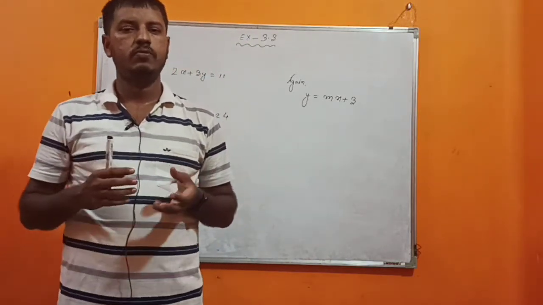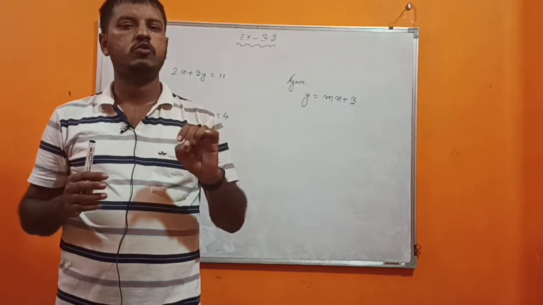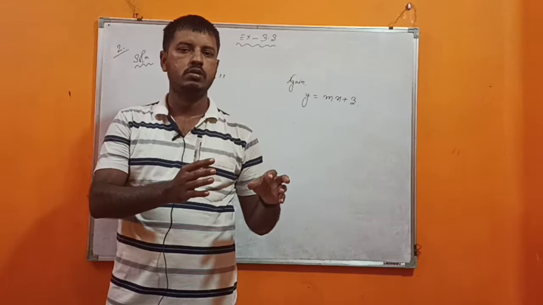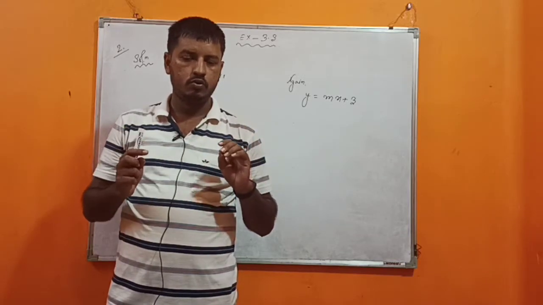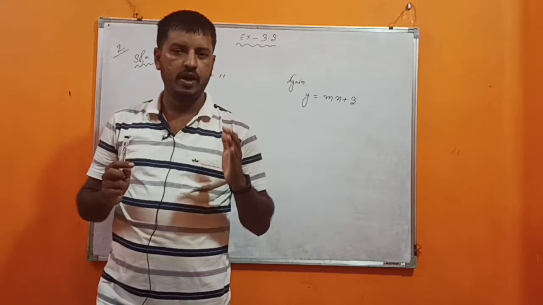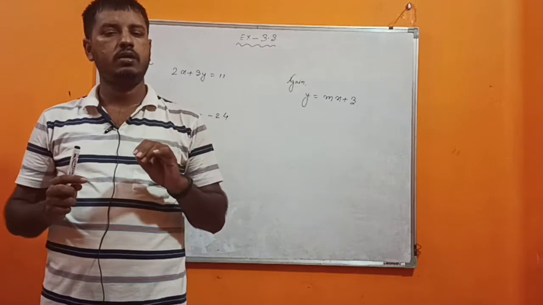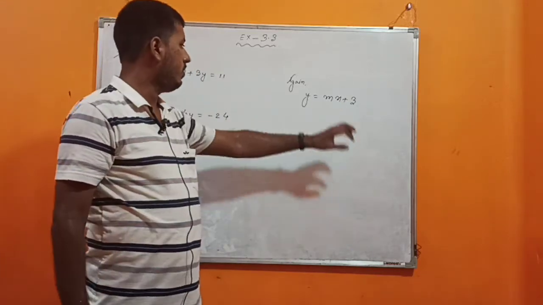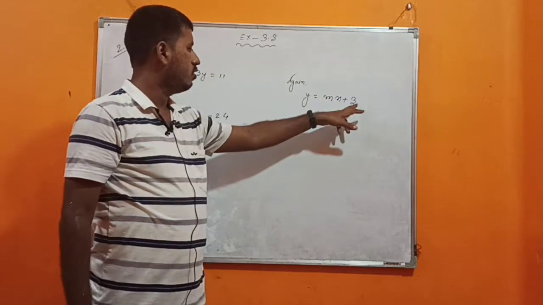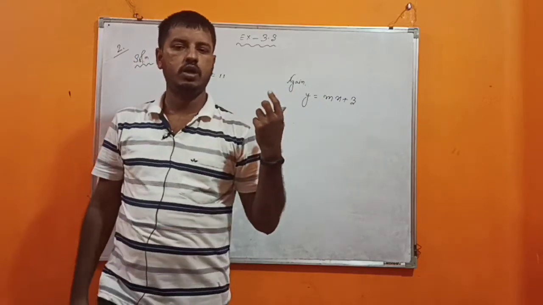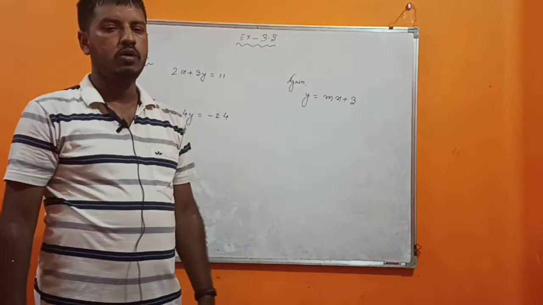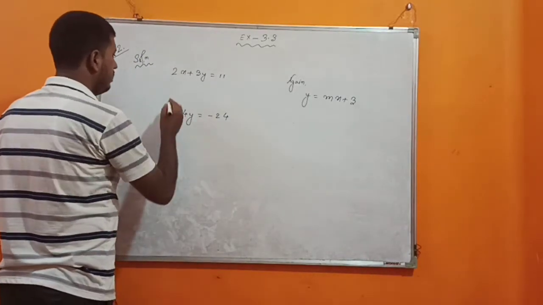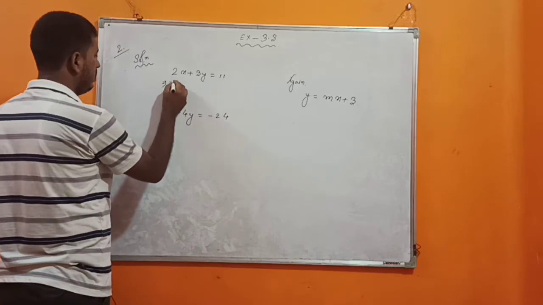In question 2, two linear equations are given, and from these two linear equations we will solve these two equations, and we have to find the value of both x and y. And after getting the value of x and y, we have to put the value of x and y here to find the value of m. Okay, so I am giving you the clue. Let's start. Our target is to find the value of x from here.